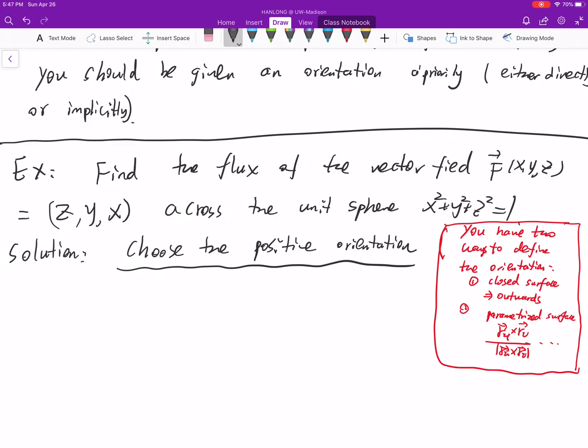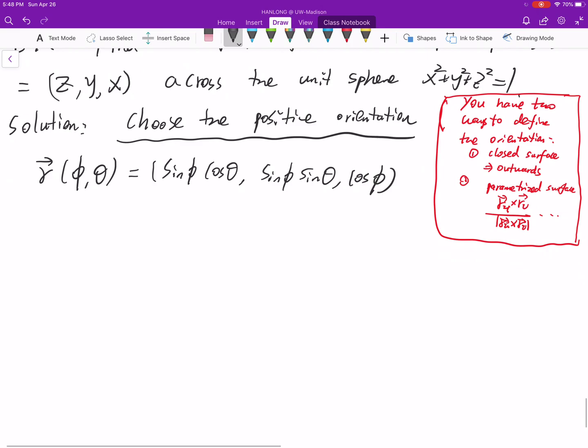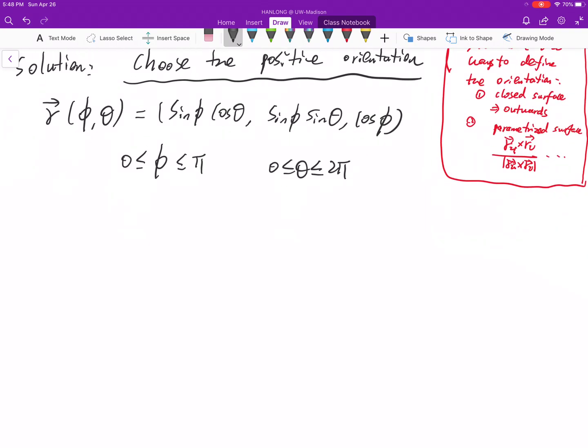Okay, and here we parameterize the surface by spherical coordinates with radius variable equal to 1. So the parameterization is given by sine phi cosine theta, sine phi sine theta, cosine phi. And of course phi is between 0 and pi, theta is between 0 and 2 pi. And then